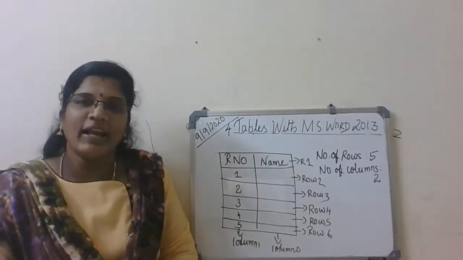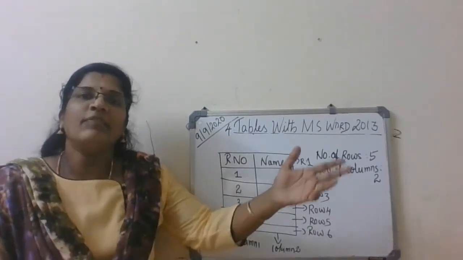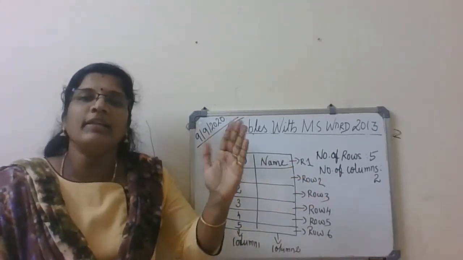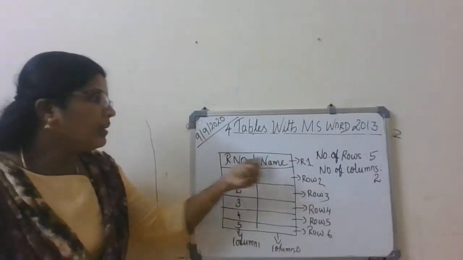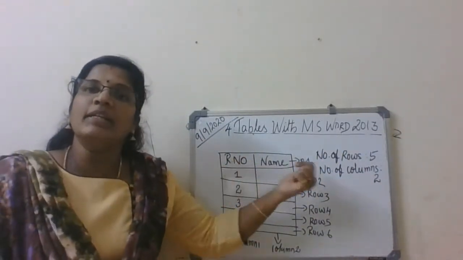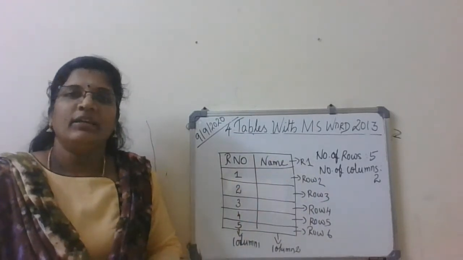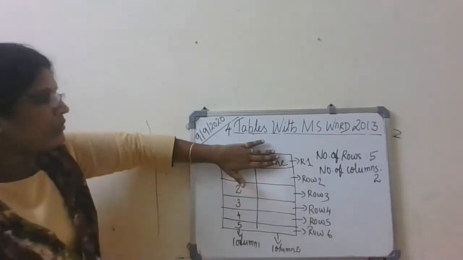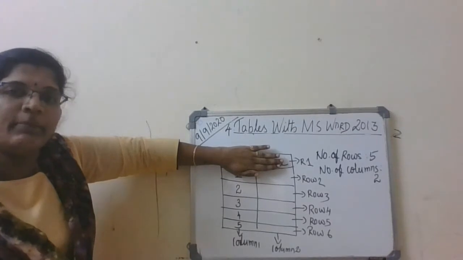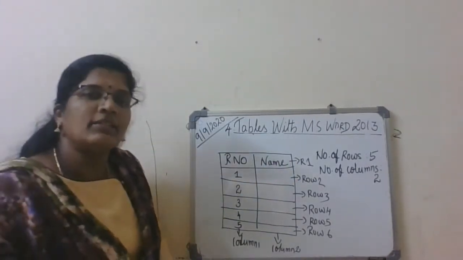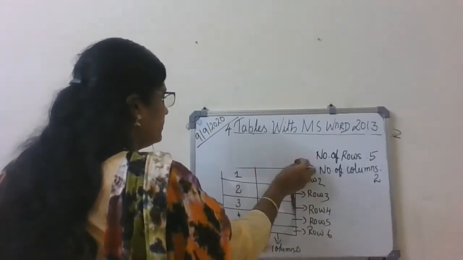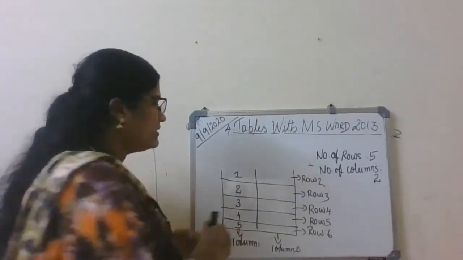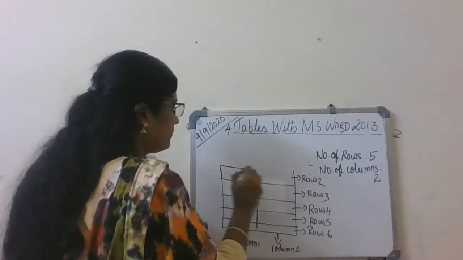So what have I written here? 5. Is that correct? No, right? I wrote 5 just by thinking of 5 students, so I need a 5. But which is the 6th one? This caption, the title of each column. It's important. See, without this, will it be understandable? If I'm not writing this, roll number and name, will it be understandable?